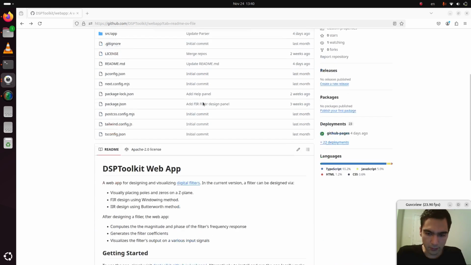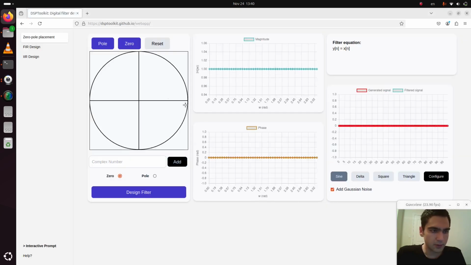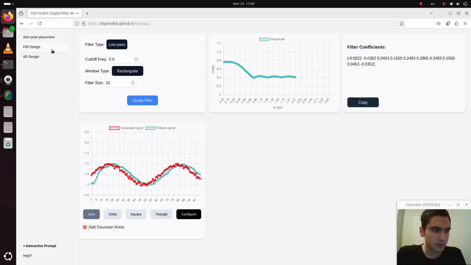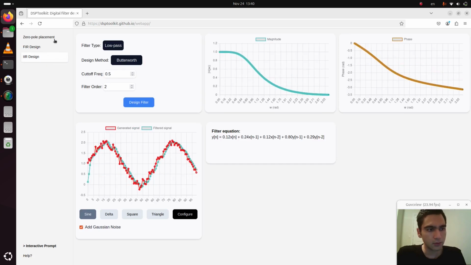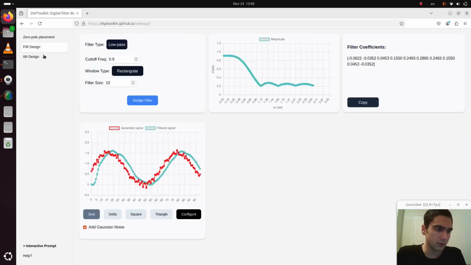So this is the GitHub repository of the project, and here you can find some information regarding how you can install the software. To use the web app, you can simply visit the link that I provided here. This is the web app, and on the left side you can see a menu, and clicking on each one redirects you to the corresponding panel to design a filter either via zero pole placement methods, FIR filter design methods,